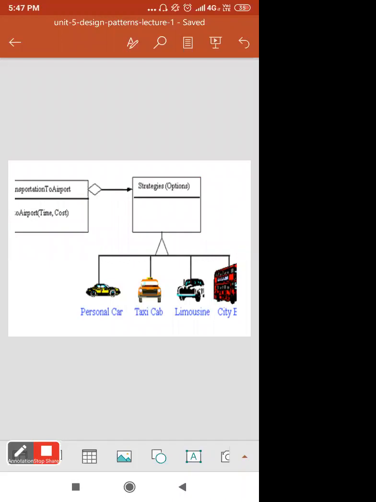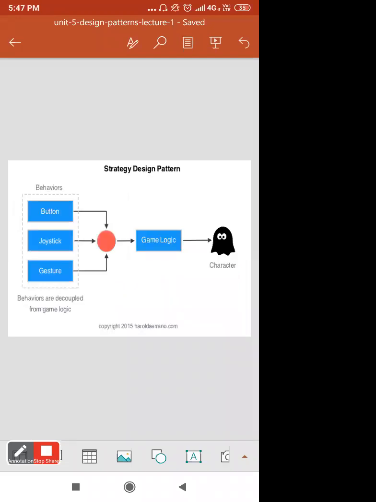So the strategies are different as per the algorithms. The example of this is given here: transportation to the airport. You can have different strategies like car, cab, city buses, etc. This is the simple example of the strategy pattern. One more example, of game logic, is given here.